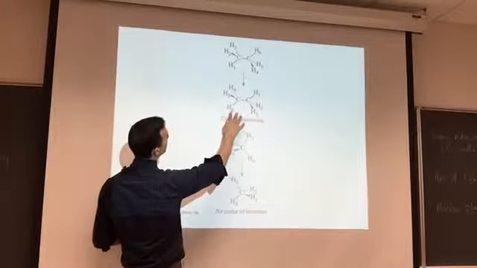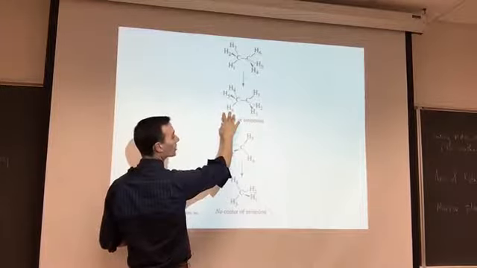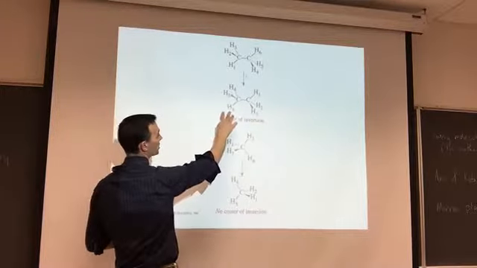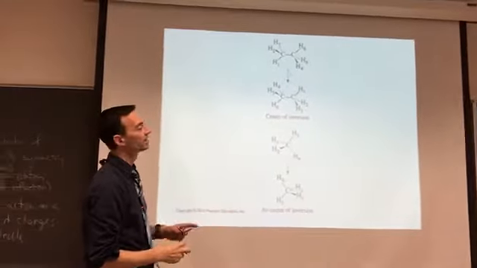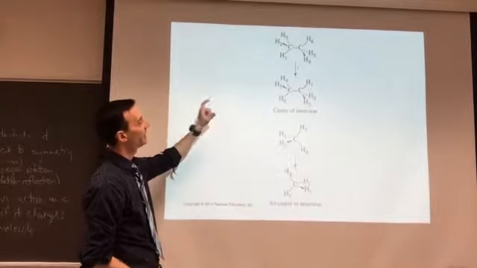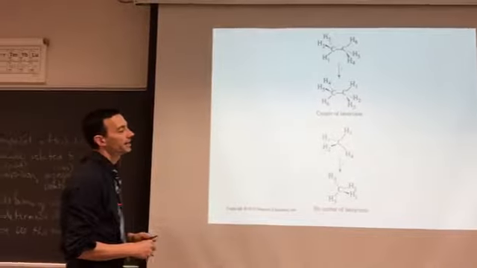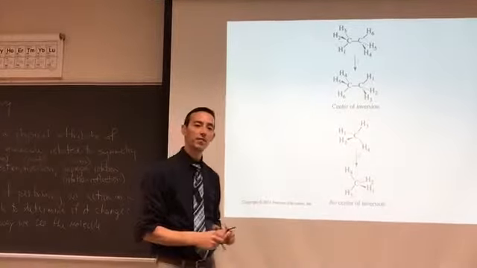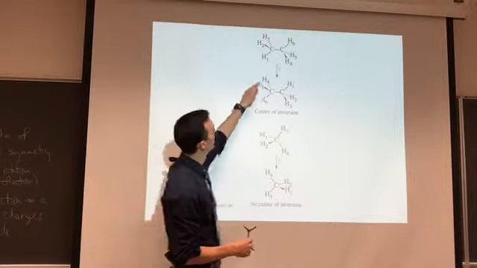This molecule is an interesting case. They're showing you how a center of inversion works, for the staggered form of ethane. So ethane has a center of inversion in its staggered conformation, but not in its eclipsed conformation. Because in its eclipsed conformation,